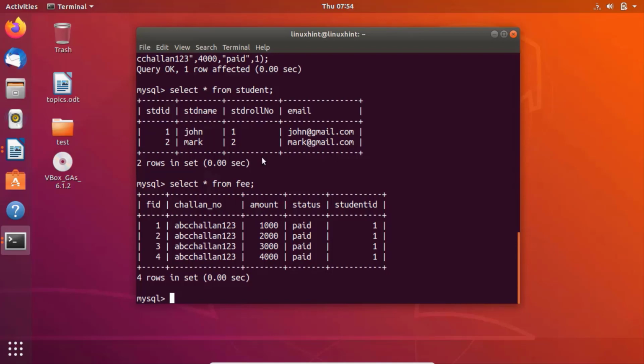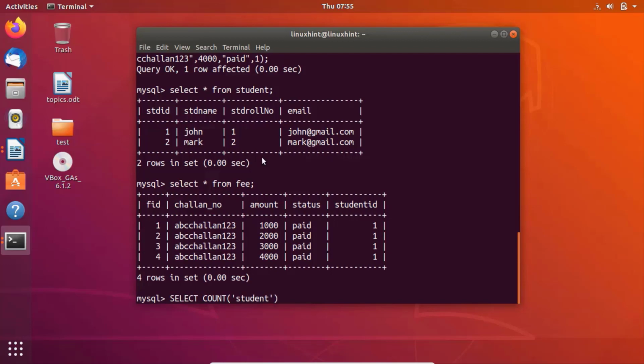First of all, let's discuss the count function. The count function returns the total number of values in the specified field. It works on both numeric and non-numeric data types. All aggregate functions by default exclude null values before working on the data. For example, you want to count the challans of the student who has student ID 1. Then you will write here select count